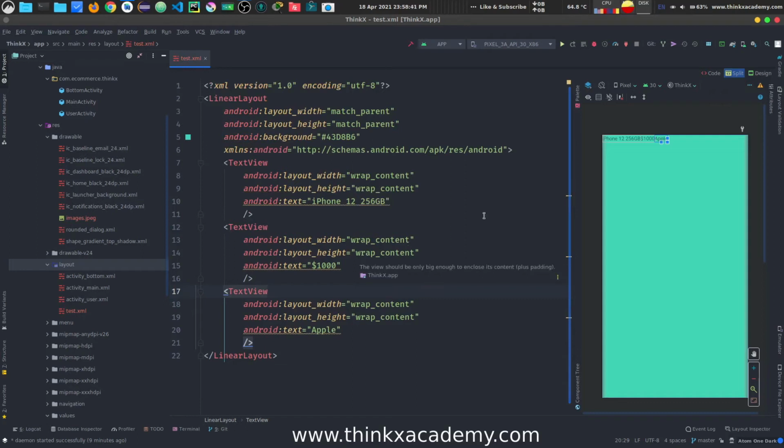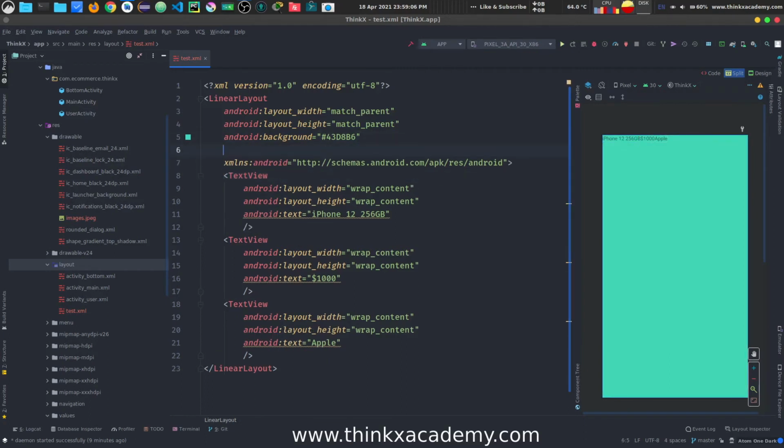Linear layout basically means that the elements inside of the linear layout are arranged in a linear fashion, which means first this text view will show and then the next text view will show, and it goes linearly, right? So we have two different orientations. We can align them horizontally, one after another, or we can use vertical orientation.